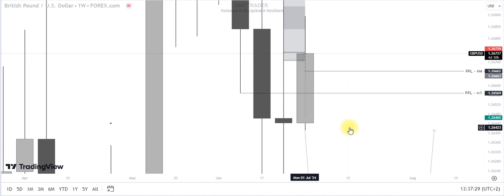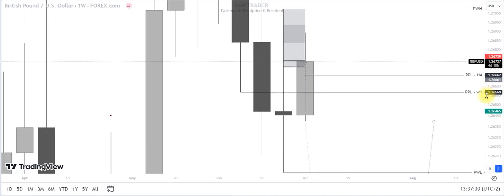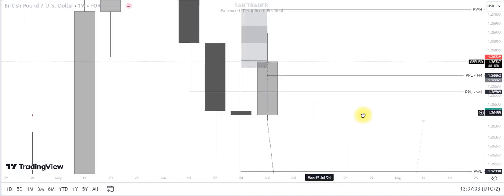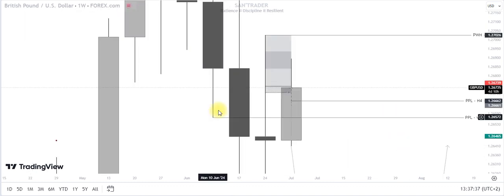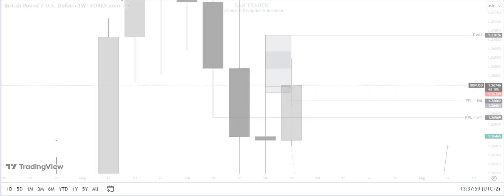Yeah, this is not a good example, but I hope you understand. So this is the full body candle, and this is also a body candle. So from here, the low of this candle will be our PPL, right? So this will be our weekly PPL. So when you go to H4, this is 569. When you go to H4,